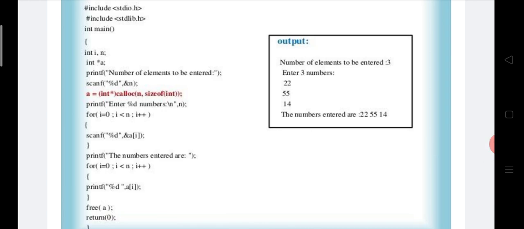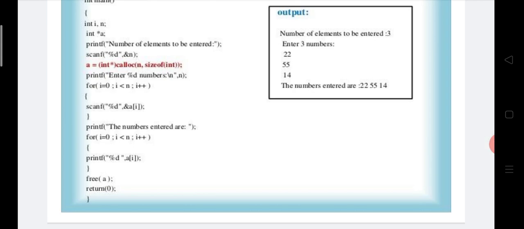Then a printf statement, enter numbers. Suppose you want to enter 5 numbers, then this 5 is stored in variable n. Then there is a for loop: i is equal to 0, i is less than n. For example, n is 5, means this for loop will be executed 5 times. When this for loop executes 5 times, the user can enter 5 elements in the array a.